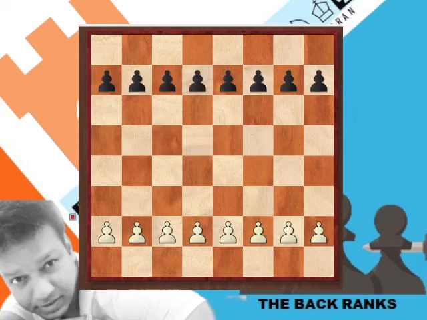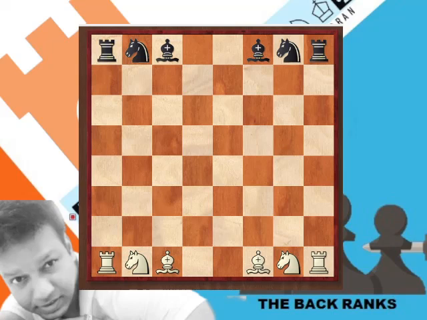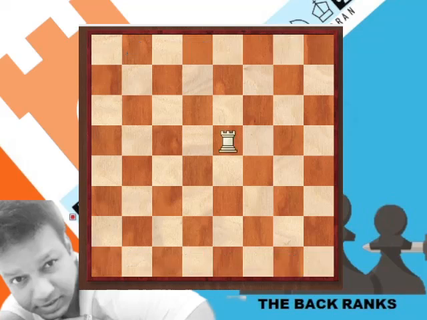Settle the pawns on the second rank. Put your rooks in the corners. Place your knights near your rooks. Bishops go next to the knights. Queen goes on her color. That is, if it is a white queen, it goes to the white square, and if black, the queen will be placed on the black square. Place your king in the last square available. Make sure that the white king is on the black square and the black king is on the white square. Now you have learned how to set up a chessboard.